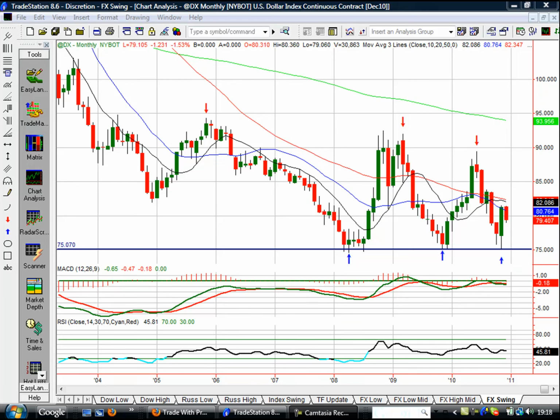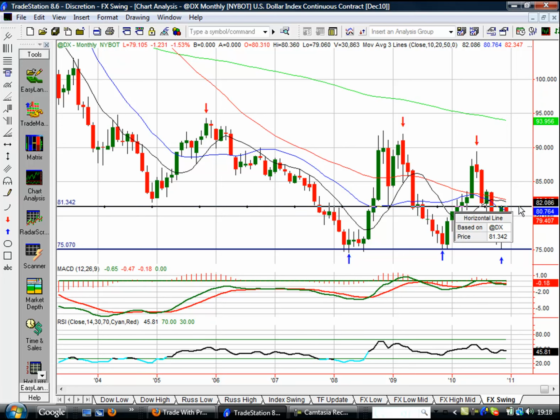Starting here on the monthly chart for the Dollar Index, and we can see how, very similar to what we've discussed the last few weeks, we've bounced down here off 7,500, we're pushing up. Now what I would have liked to have seen is in December so far, it's early days on the monthly chart, but I would have liked to have seen a continuation, a push up through there to really confirm the bullishness of the market, and that hasn't happened. In fact, we got a sell-off just in the last few days of last week, which has obviously created this bearish looking monthly candle so far as well.